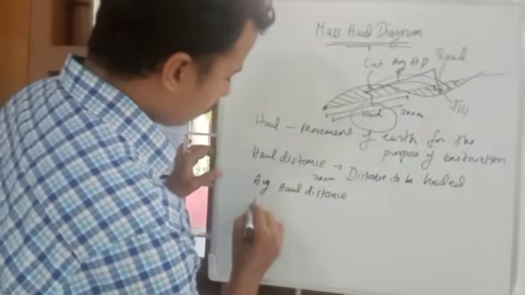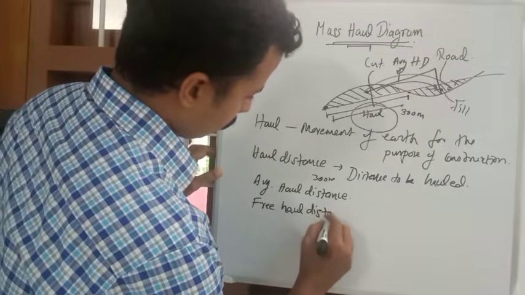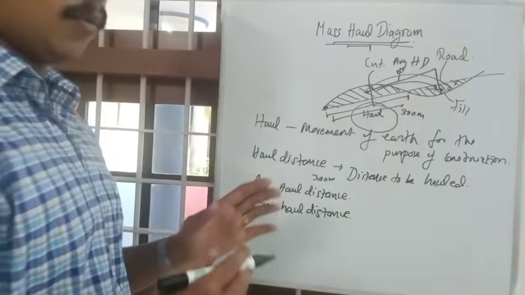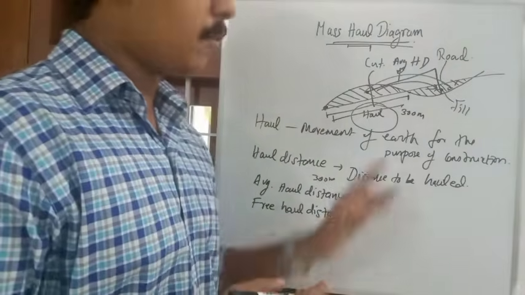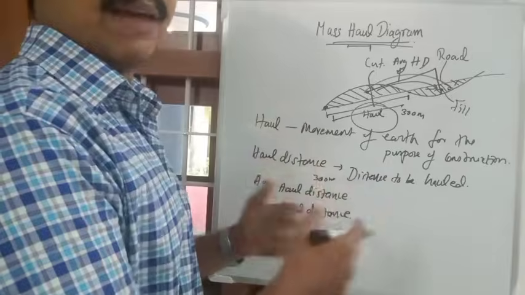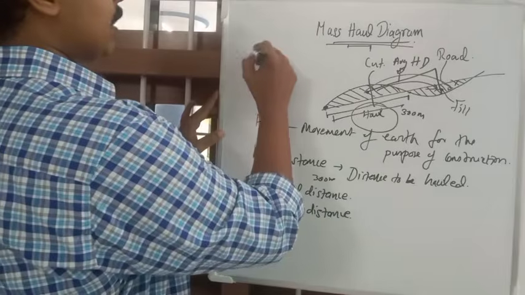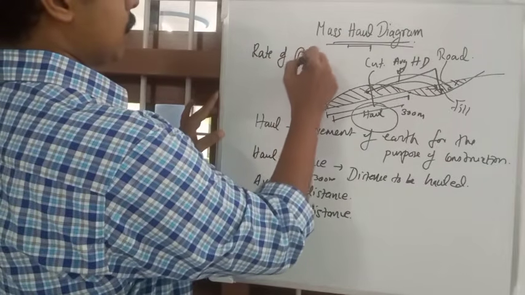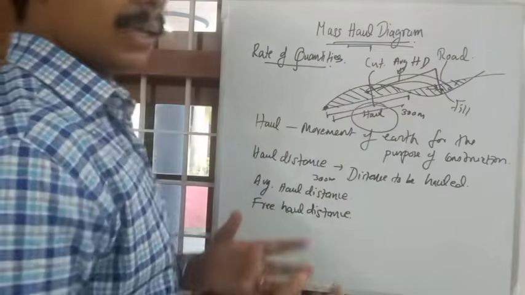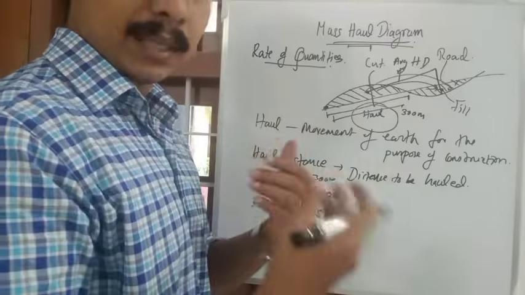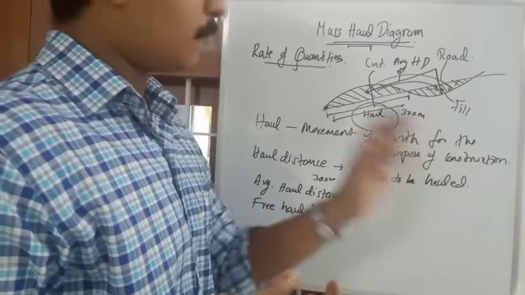And there is free haul distance. In normal constructions you will be giving contracts to other people for hauling. So that contractor will be having machines for hauling earth. In the rate of contracts or rate of quantities, where rates will be given, according to that rate, the client, maybe the government who is building the road, will be giving money to the contractor for hauling.